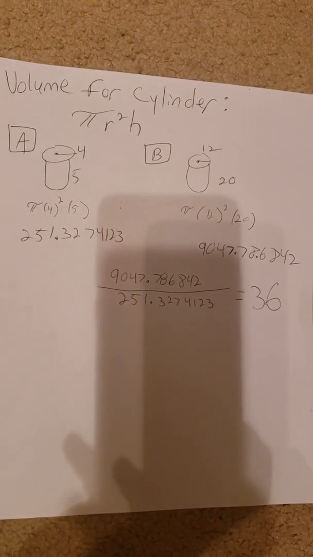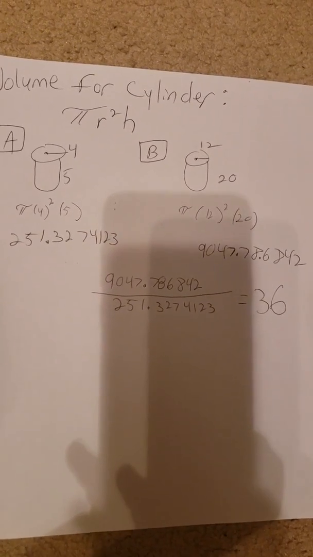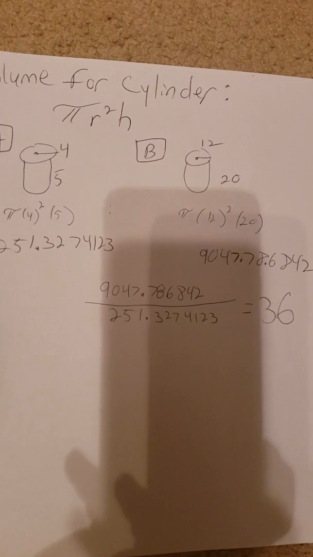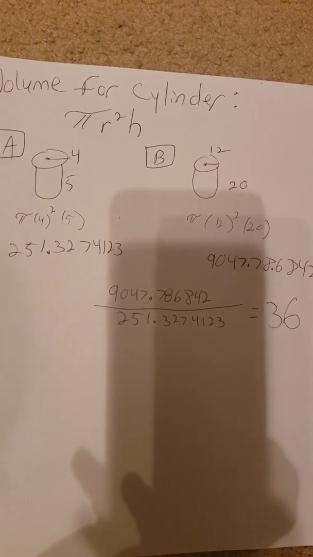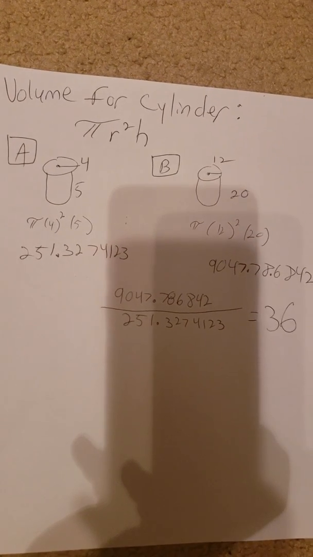Then for our B figure, that is going to be pi times 12 squared times 20. And that is going to give us